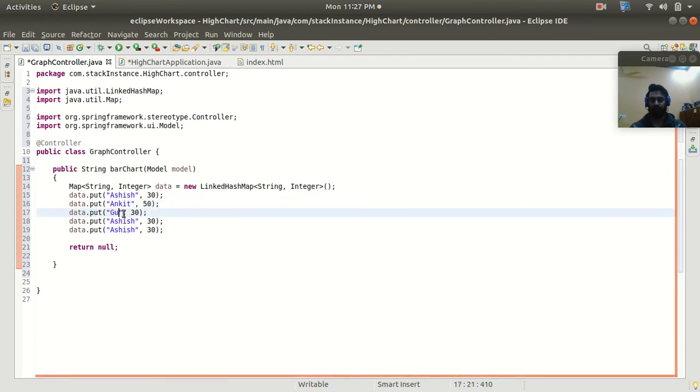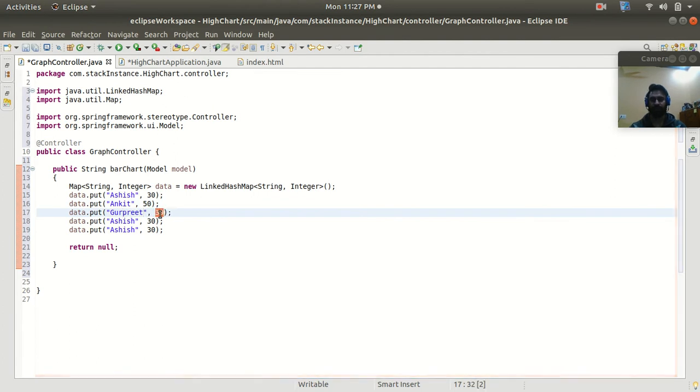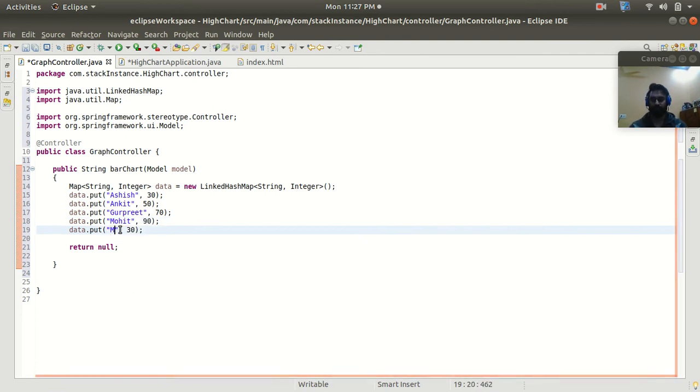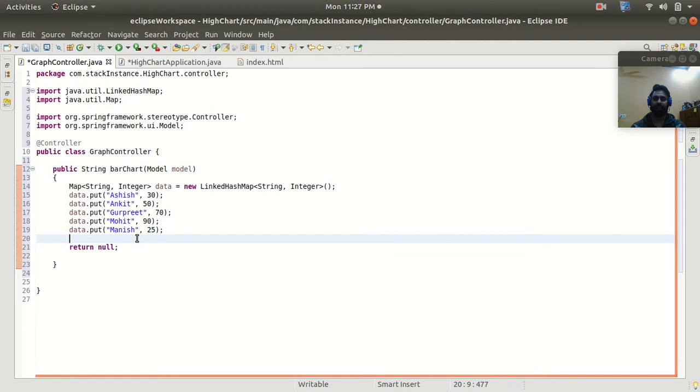Let's provide one more name, Mohit, with age 90. And now let's provide one more, Manish, age is 25, right? So here I have added this data to my LinkedHashMap.